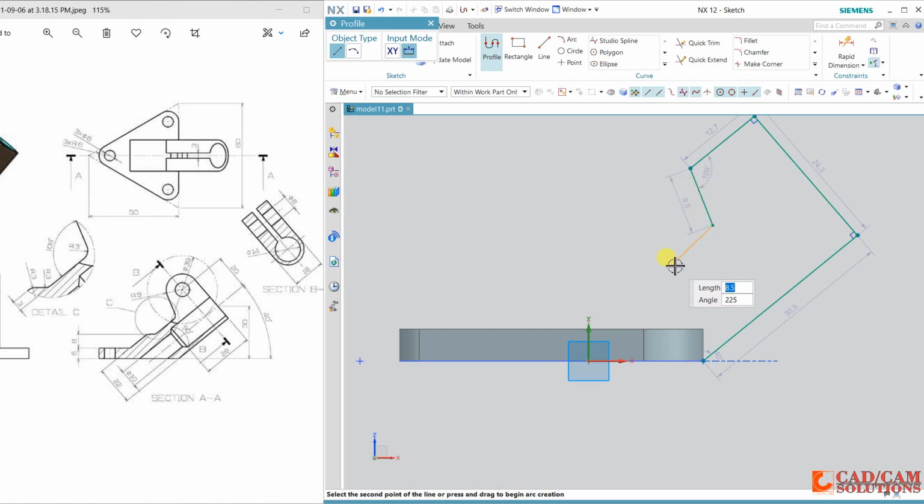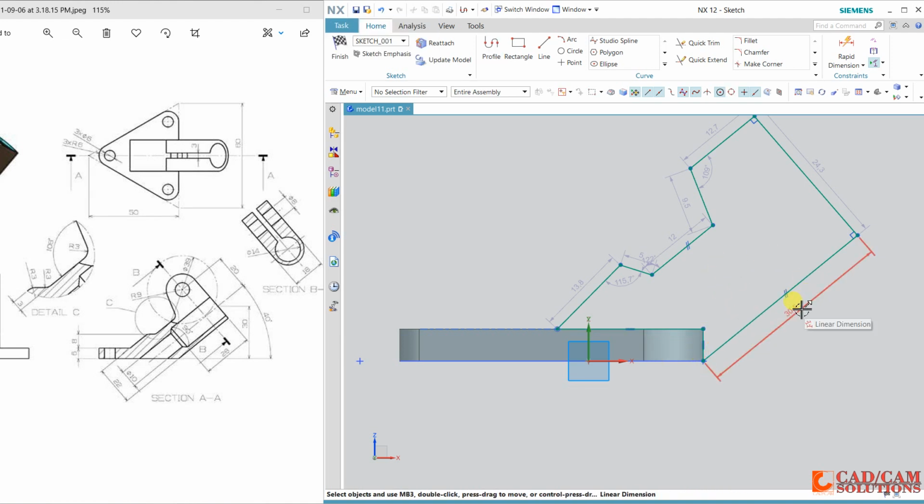Draw one more line which is parallel to this one. Click, and close it. Now dimension it. This length is center, and here it is 20.